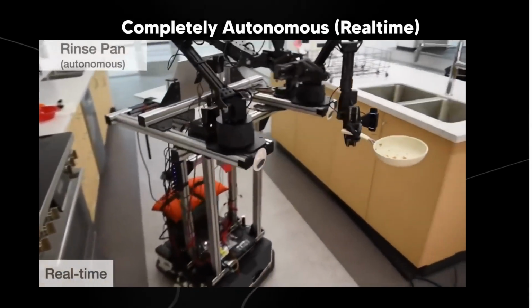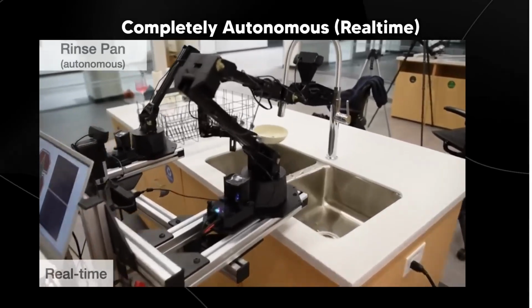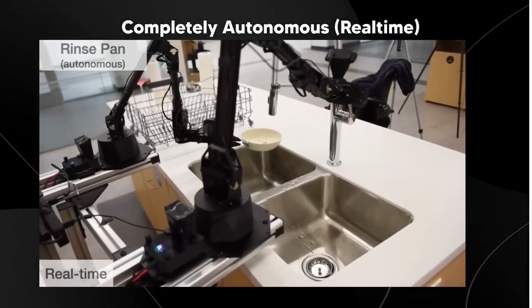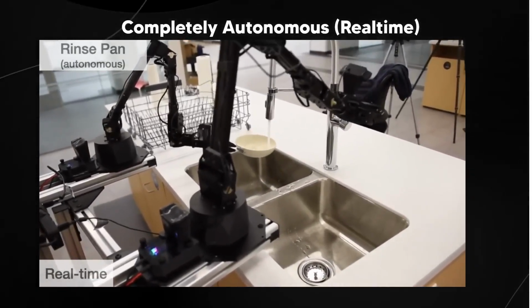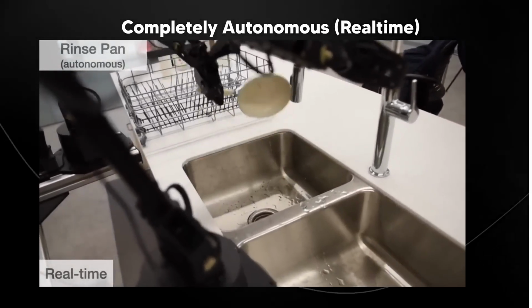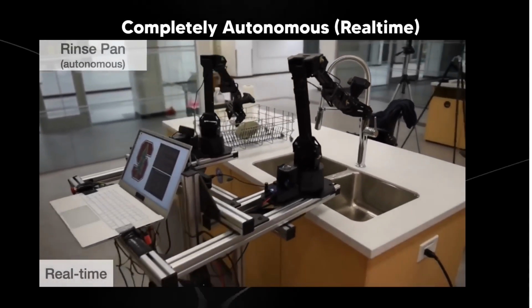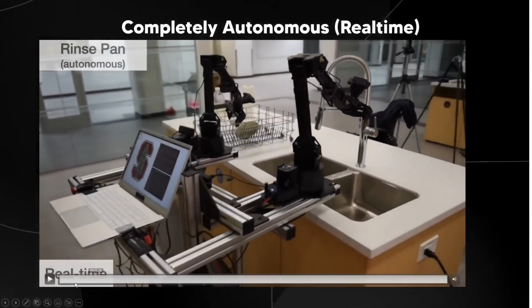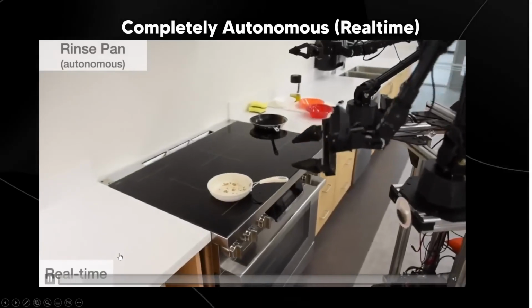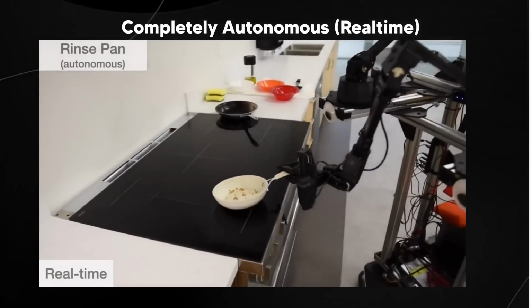One of the things that many people have been concerned about recently when looking at these autonomous robots, and for example, you can see the robot here being able to rinse out this pan in real time, is whether or not these robots are going to be taking people's jobs. Because of course, as you know, any task on a computer in the nearby future could eventually be automated by AI agents. But the robotics debate was